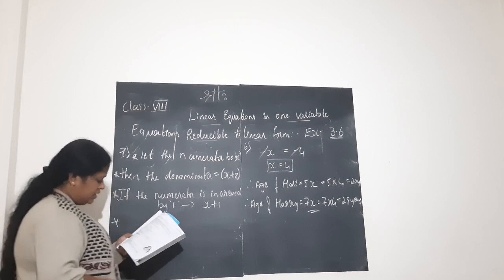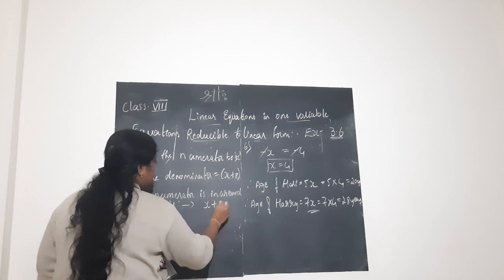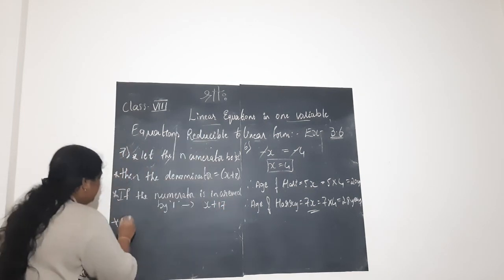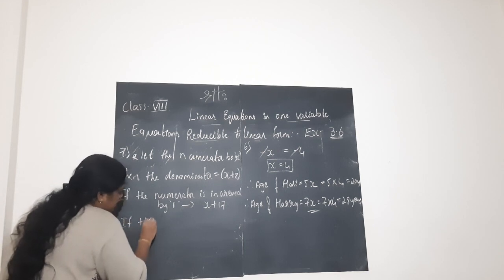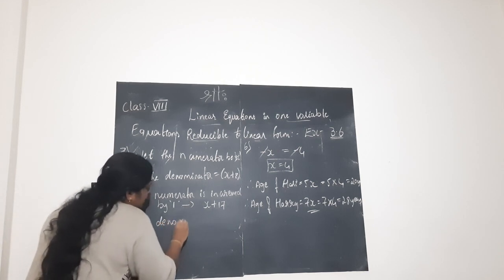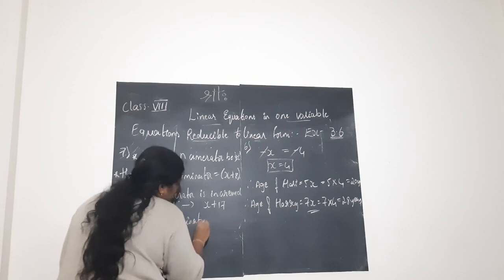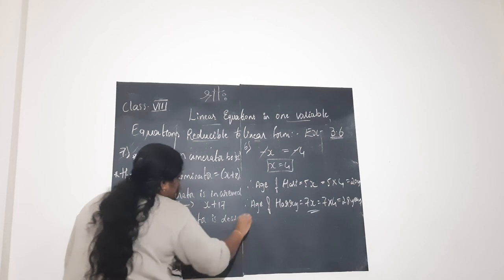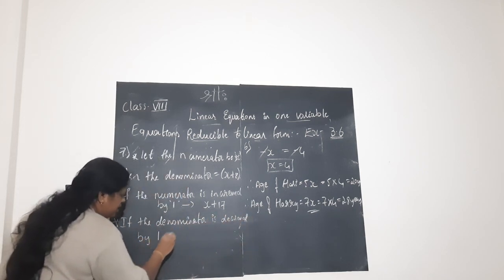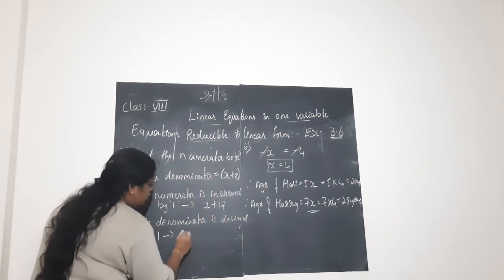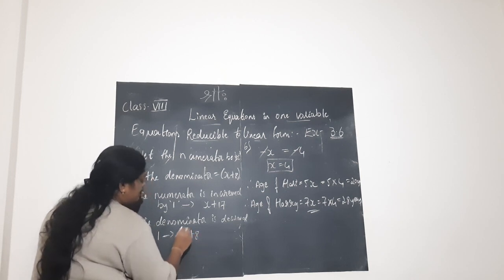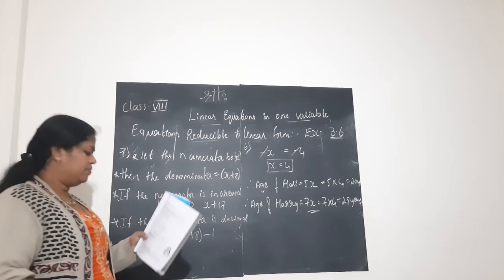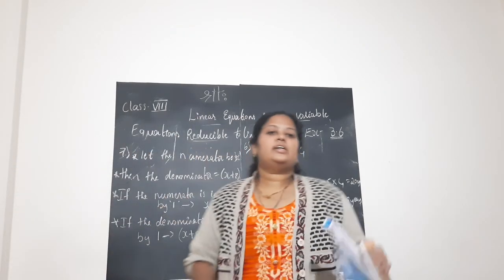Okay. If the numerator is increased by 17, so x plus 17 it will be, and the denominator is decreased by 1. So if the denominator is decreased by 1, what is our present denominator? It is x plus 8, correct? It should be subtracted by 1 according to the given problem. So once again I will read the statement.